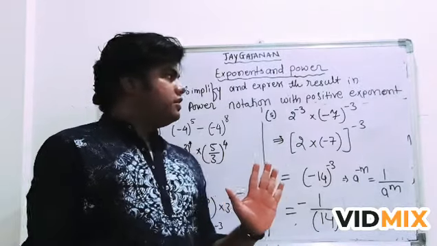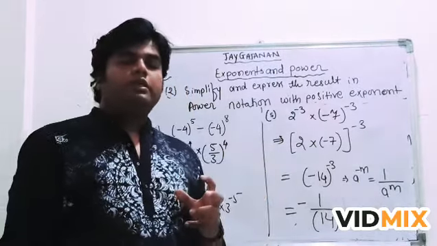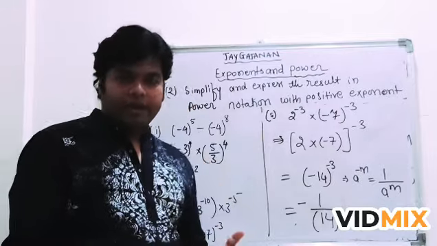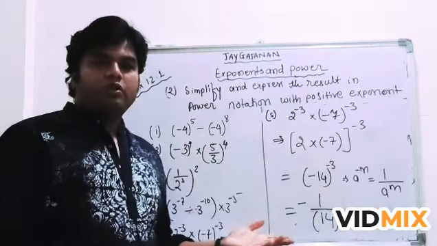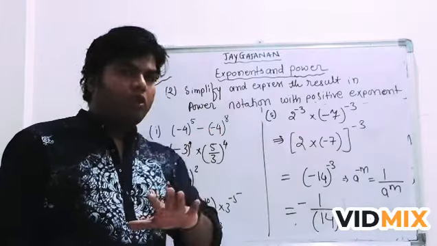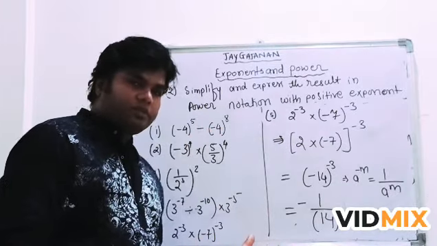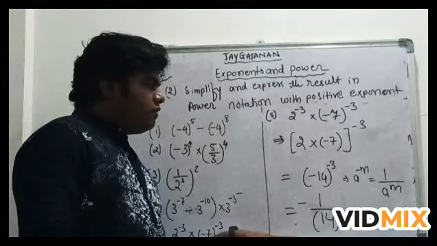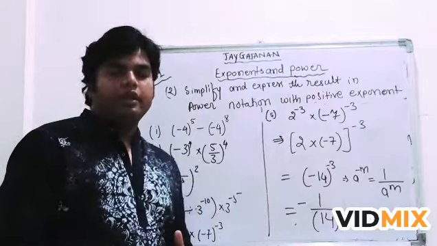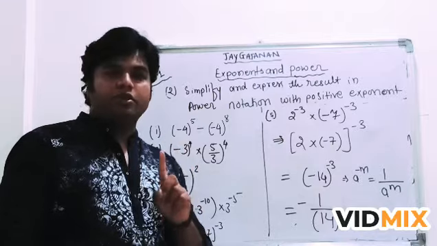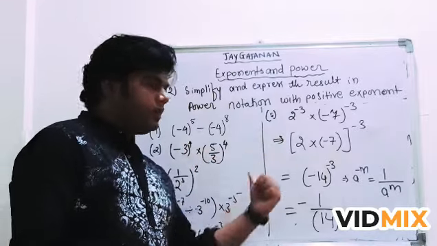So you can see that if you know the laws of indices, exponents and powers, the identities, you can easily solve this problem. But if you have not learned this identity in 7th standard, you may face problems understanding, since it is the first time you are solving. But after learning the identities, if you solve this, you will understand it very properly. So first learn the identities. As in the first video we discussed the identities, learn that and then solve. Thank you.